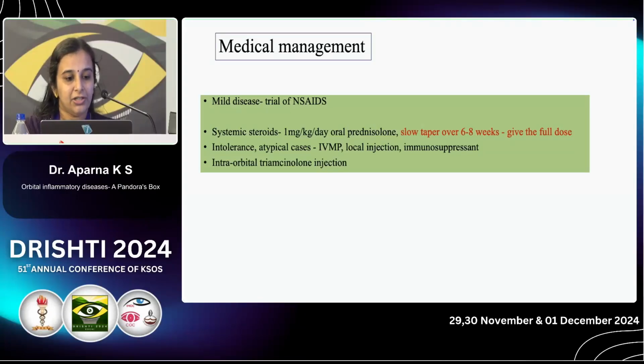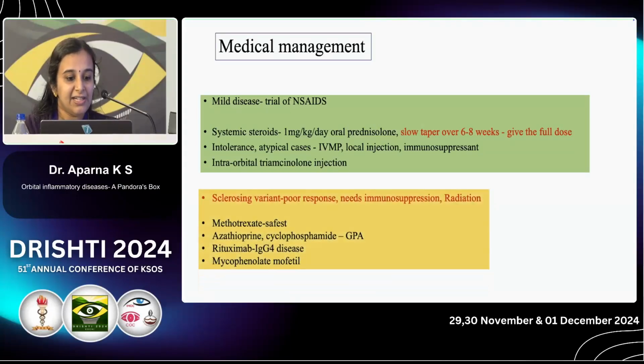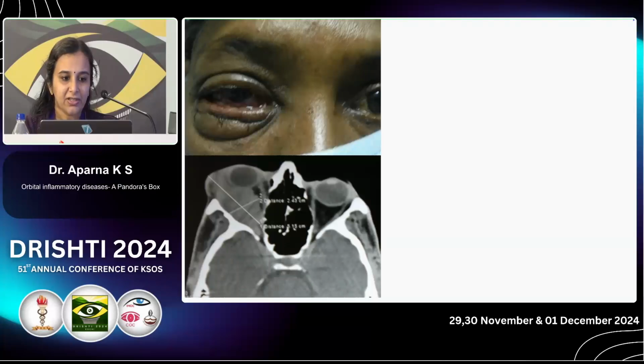In case of intolerance or atypical cases, we can start IV or other immunosuppressants. The sclerosing variant, which shows poor response, may need immunosuppression or radiation therapy. Methotrexate is a relatively safe immunosuppressant, but in cases like GPA, which can be life-threatening, we have to give immunosuppressants like cyclophosphamide. So this elderly gentleman presented with features of inflammation, and without imaging, somebody had started steroids, but